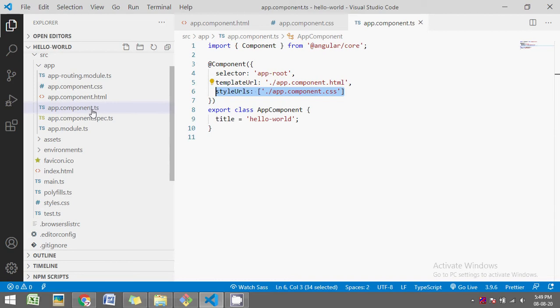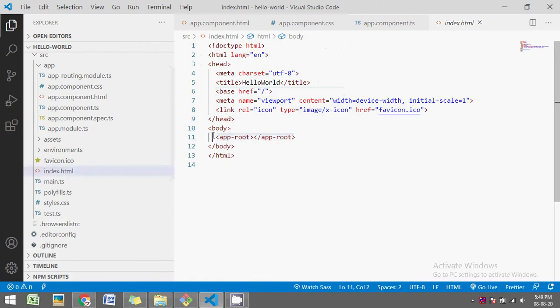We can have multiple components in our application, but there should be one component that works as the root component and all other components are rendered as child components under the root component. So by default, app component is created as the root component that is displayed in index.html. Index.html is the only page in our application and various components are dynamically rendered on this page. So this is the overall flow of our application.